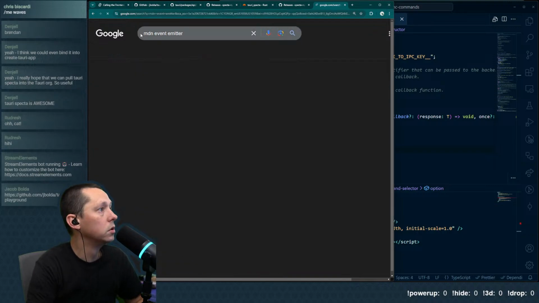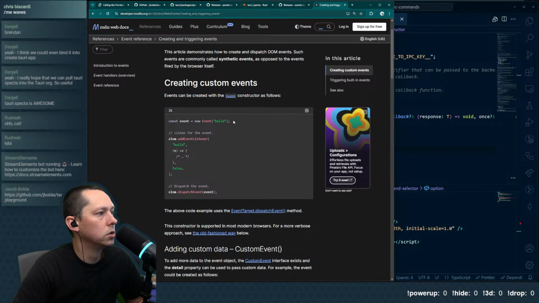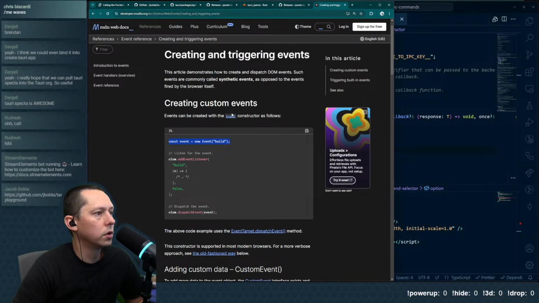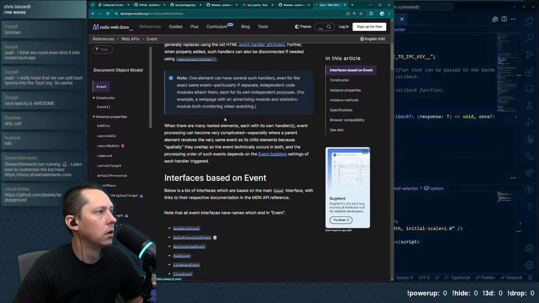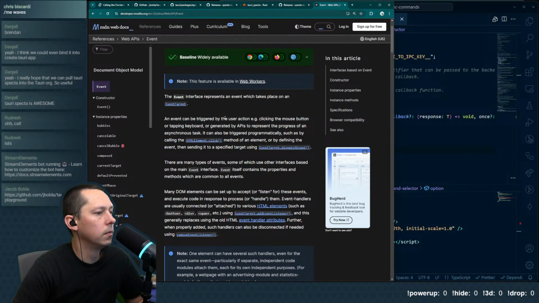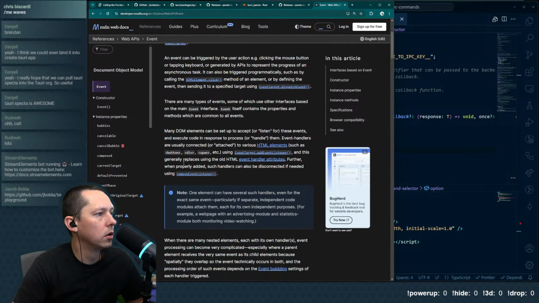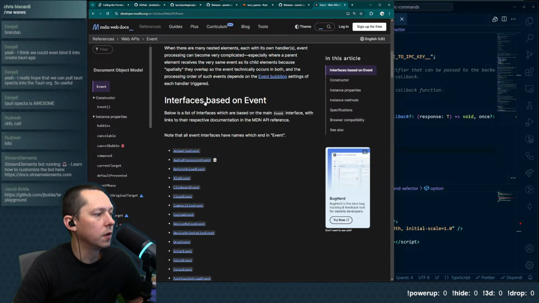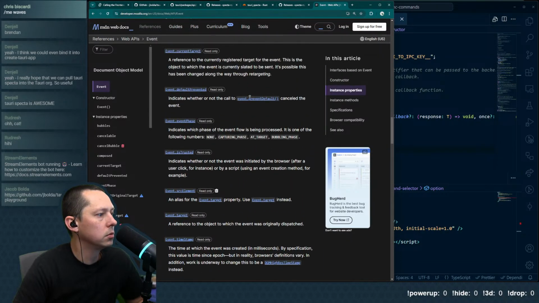Let's do creating and triggering events. So functionally, how is this different? I haven't actually used this interface, the low level stuff, too much. Target source.